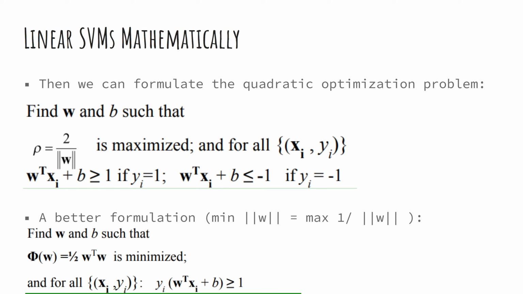Find w and b such that the margin ρ equals 2 over ||w||. A better formulation: minimize 1 over ||w||. Find w and b such that